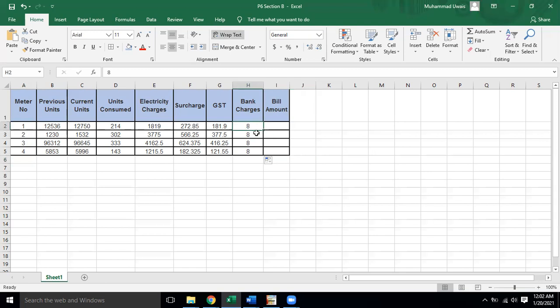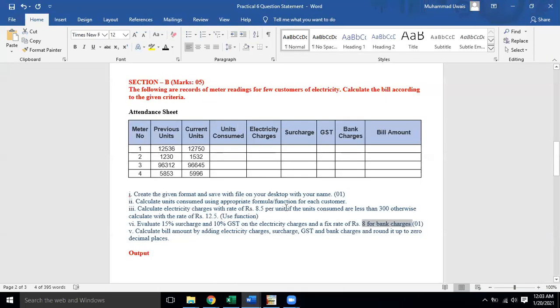These are not on the basis of calculation. So 8 rupees bank charges apply to each customer. Just type 8 and drag it. It will be applied to all the cells. Fine. I hope this thing is clear now.